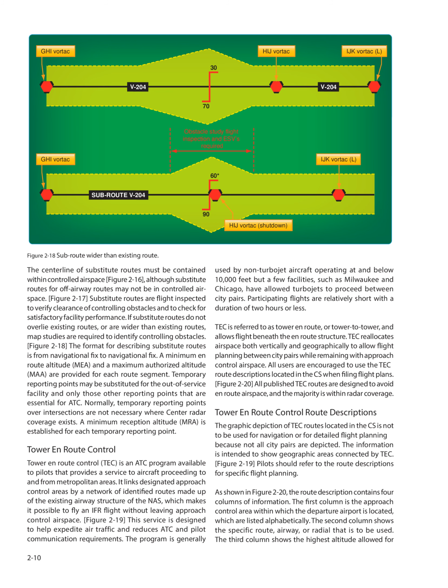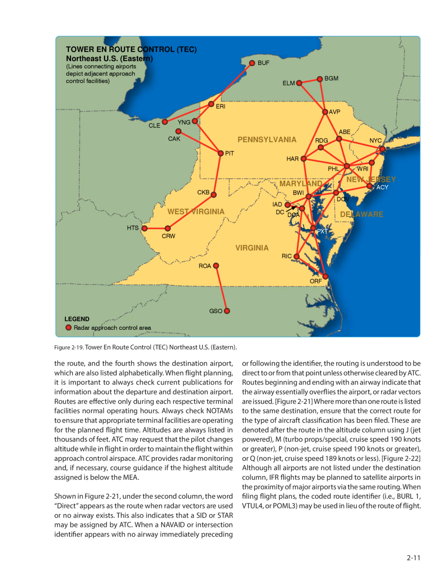As shown in Figure 220, the route description contains 4 columns of information. The first column is the approach control area within which the departure airport is located, which are listed alphabetically. The second column shows the specific route, airway, or radial that is to be used. The third column shows the highest altitude allowed for the route, and the fourth shows the destination airport, which are also listed alphabetically. When flight planning, it is important to always check current publications for information about the departure and